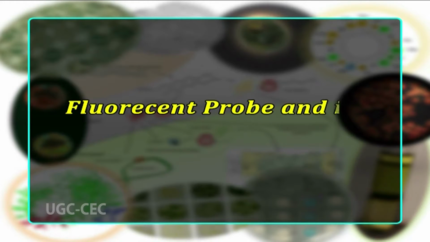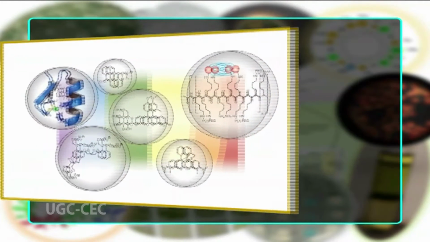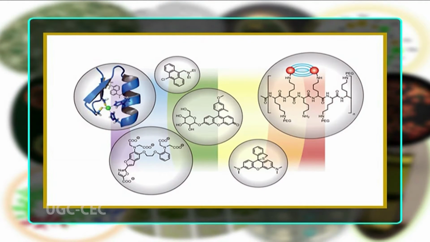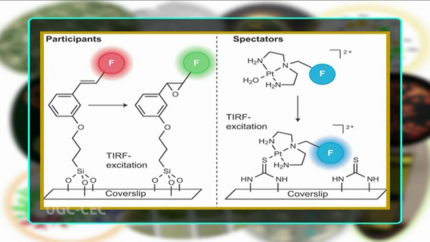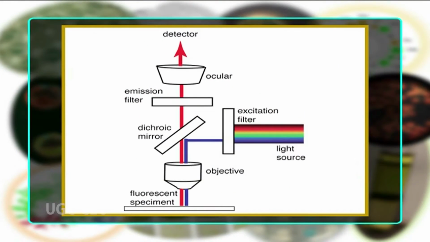Our last topic is fluorescent probe and its working principle. Fluorescent probes are molecules that absorb light of specific wavelength and emit the light of different, typically longer wavelengths. The process is called fluorescence and is used to study biological samples. The molecules, also known as fluorophores, can be attached to the target molecule and act as a marker for analysis